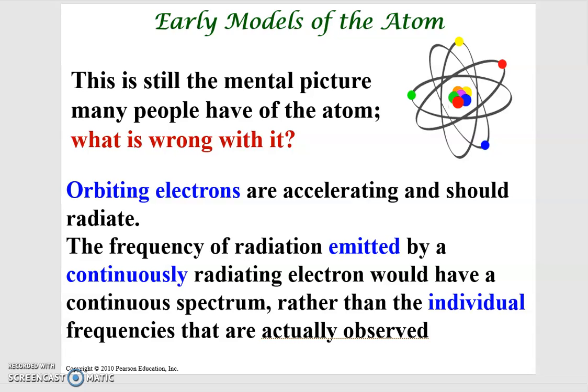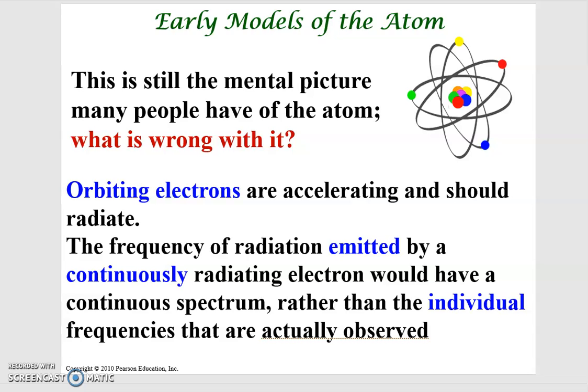Also, we know that the orbiting electron is in circular motion, so it has acceleration. We learned from the concept of electromagnetic waves that when an electric charge is accelerating, it will radiate energy outward. It will give the energy outward as light. If it loses energy as light, eventually, once again, it will collapse. So this model actually cannot be understood in terms of classical physics.